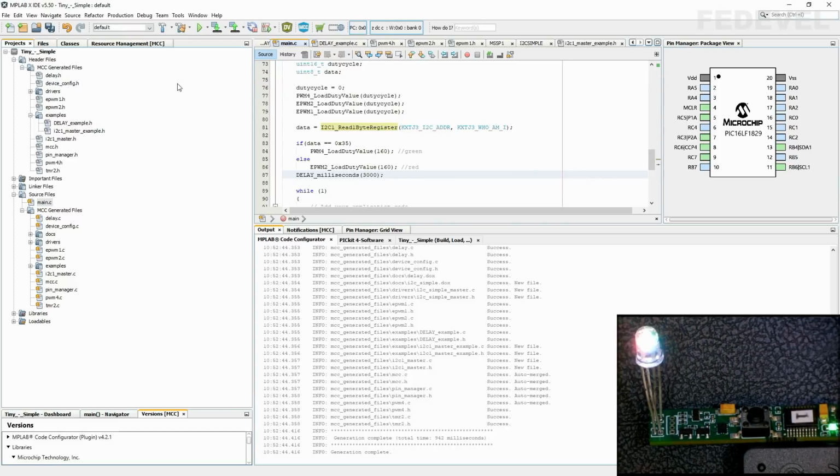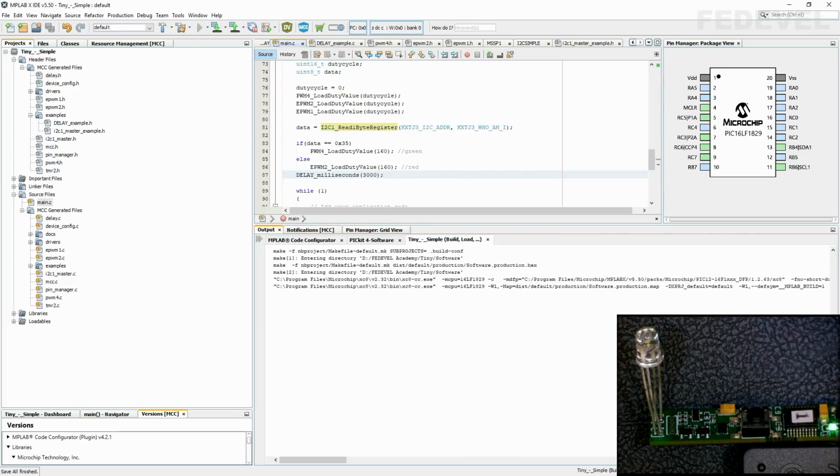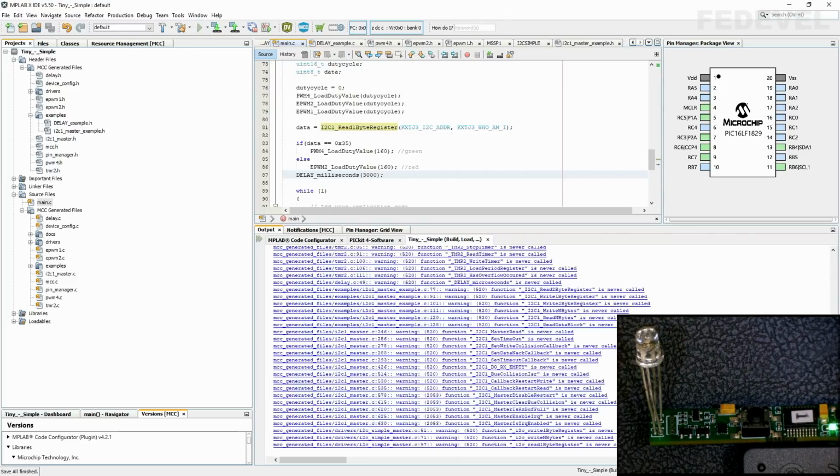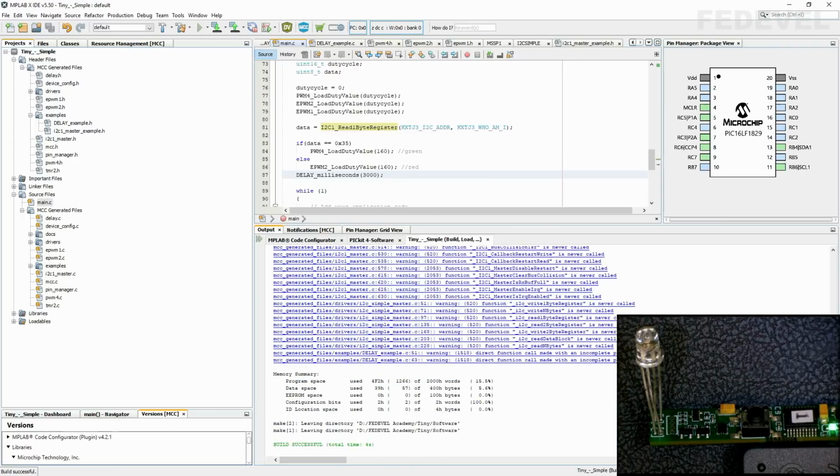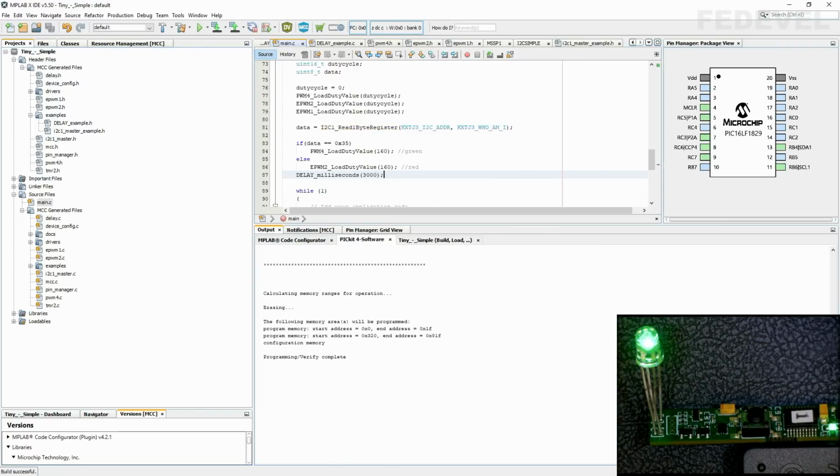If it will be red, there is something wrong. So I'm going to press this play button, left click, and I'm really curious. Green! Yes! Yes! Yes!